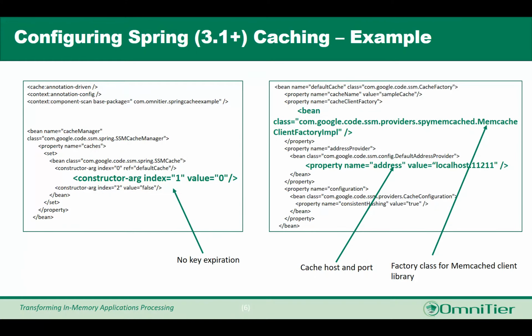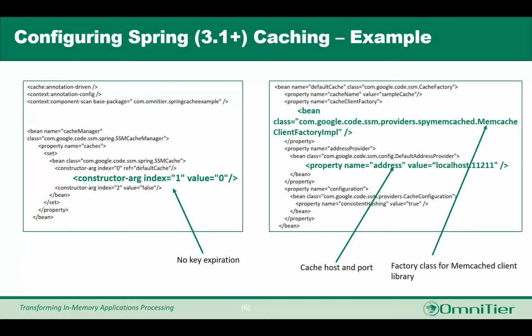So let's start with Spring Caching. Just a quick disclaimer here, the configuration and code changes I will be showing in my examples are specific to Spring version 3.1 and later. The Simple Spring Memcached plugin documentation, though, does explain how to configure your application if you're using an earlier Spring version. Okay, so since MemStac is a drop-in replacement for Memcached, the entire configuration for using MemStac is the same